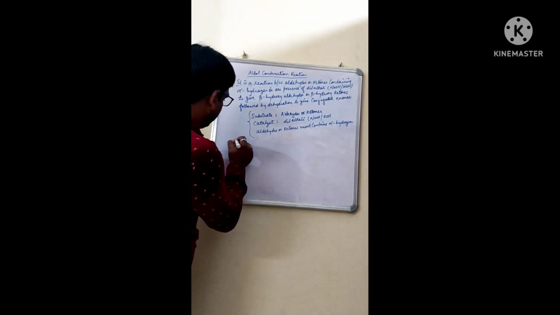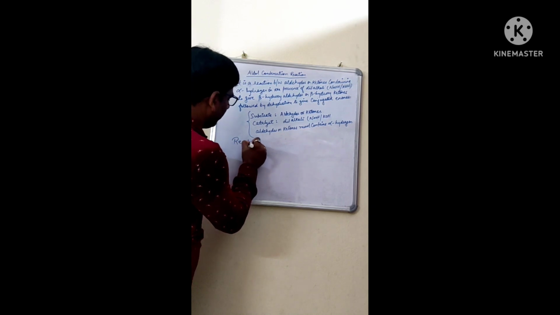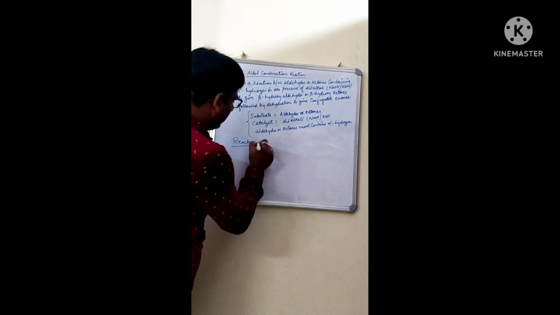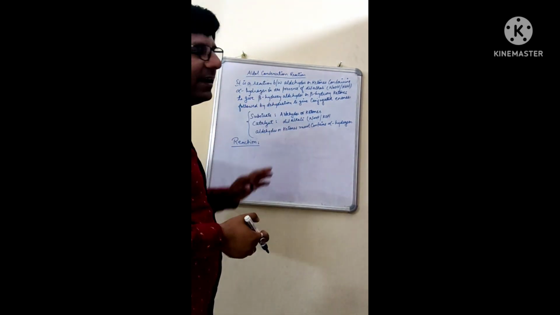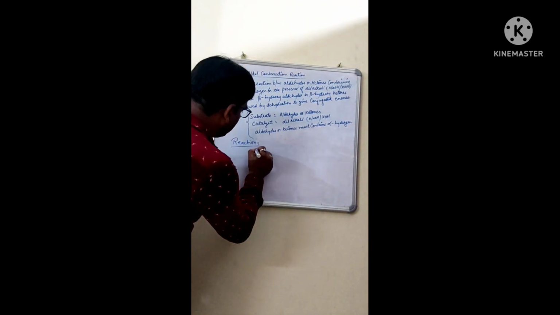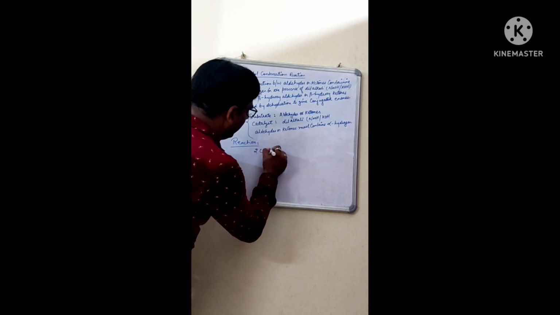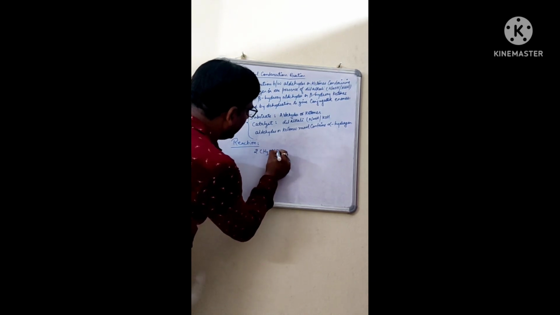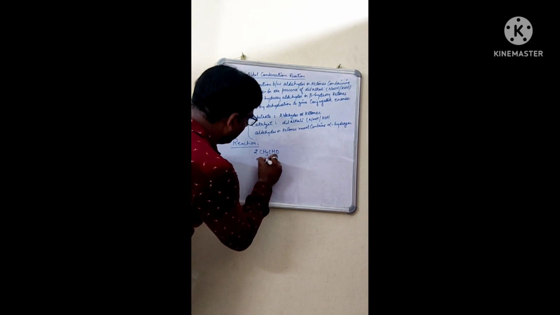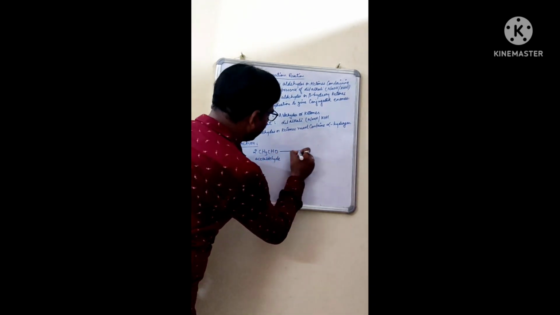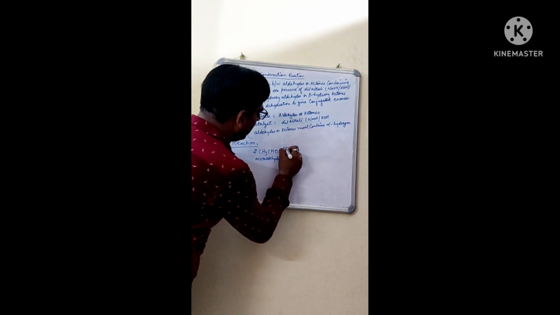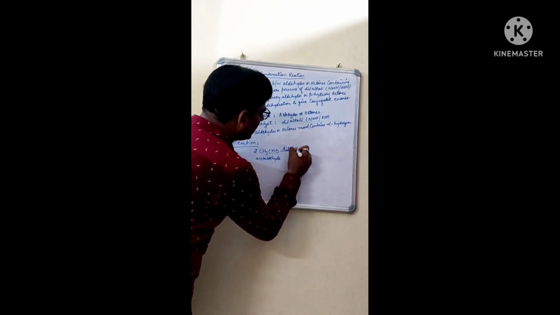Now let us see the reaction. We will take one example. Now suppose aldehyde, ketone, anything we can choose. Now I am choosing any aldehyde. I will take two molecules of acetaldehyde, CH3CHO. That is what? Acetaldehyde. Now two molecules of acetaldehyde in the presence of dilute alkali, I am taking NaOH.